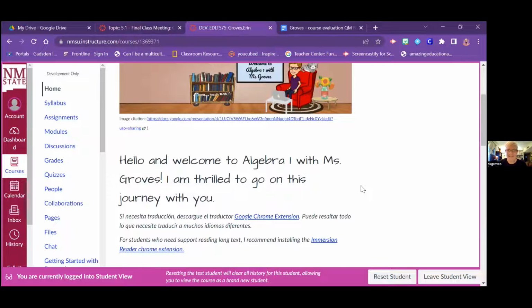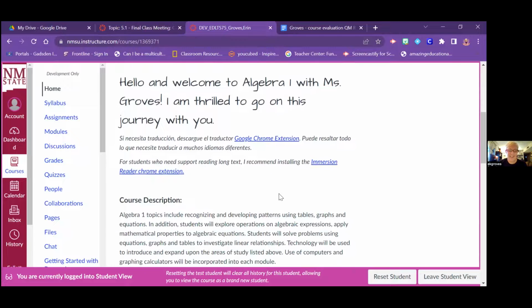But here's the homepage, and I teach a lot of students who are still learning English. So I try to translate as much as I possibly can, and I definitely wanted to include this on there too. And then there's this extension to help with reading. I had never heard of it, but my son needs a lot of help in reading too. He uses this at school, and I thought it was fantastic, so I decided to include that as well. Because as you know, all of our students have very different backgrounds and different needs.